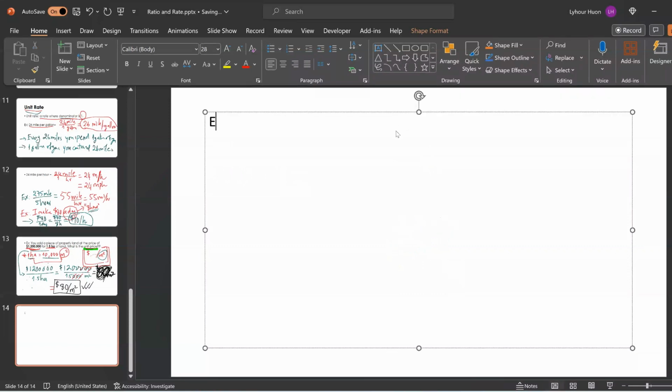Exercise number one. I give 12 to 8 as the ratio in three different ways. Okay, number one, number two,